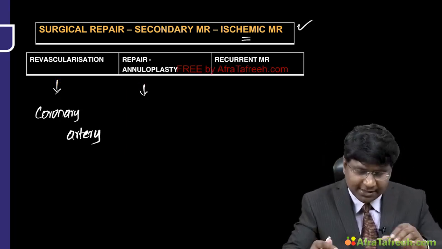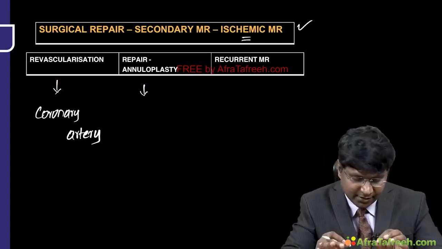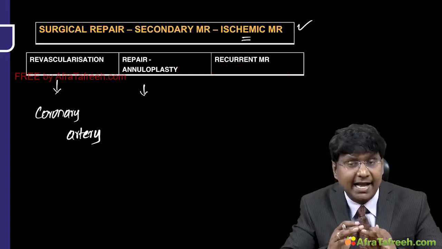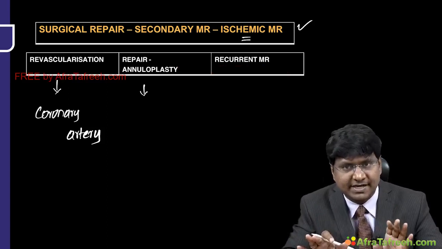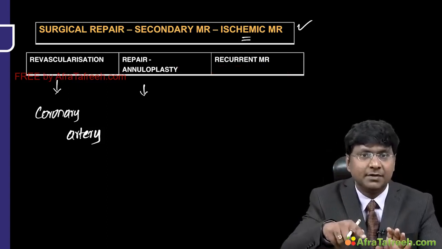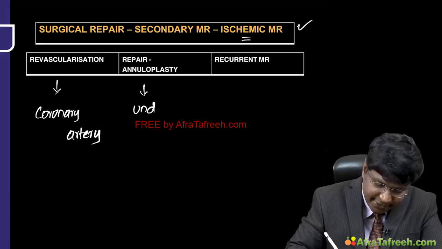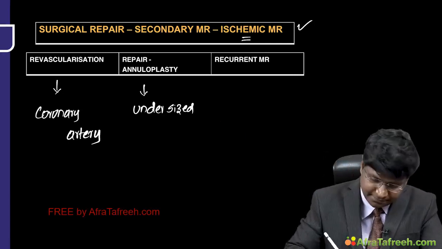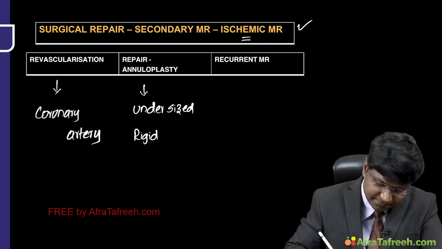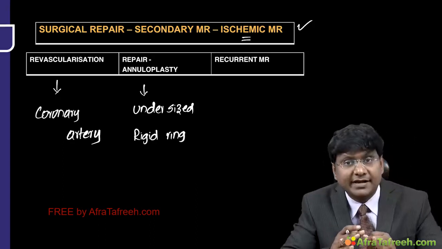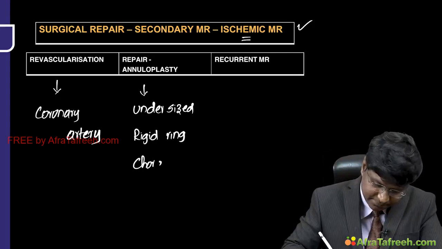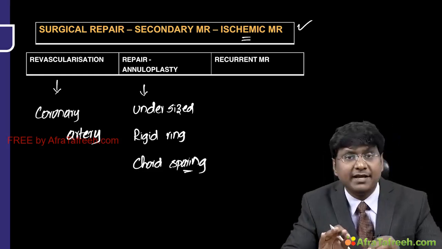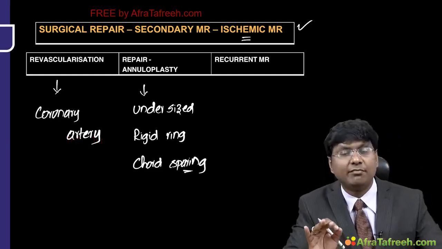Now, what are the current surgical practices for ischemic MR repair? The current surgical practice includes annuloplasty repair. You need to put in an annuloplasty ring, and this ring should be undersized, it should be a rigid ring, and cord sparing, right? Cord sparing valve replacement should be done for those individuals who have moderate to greater degrees